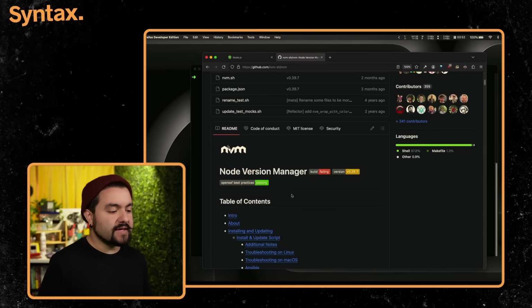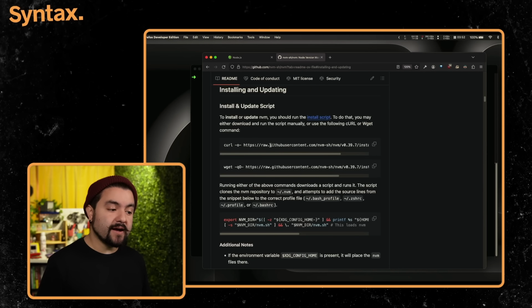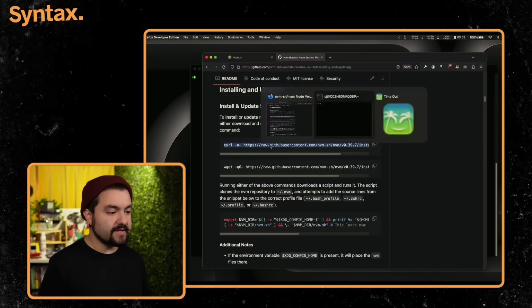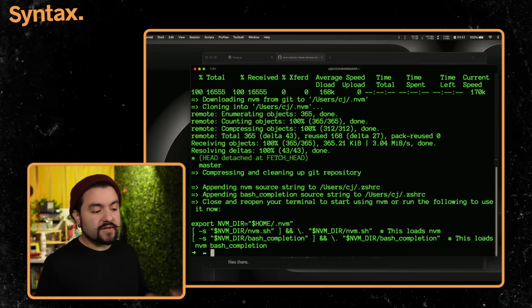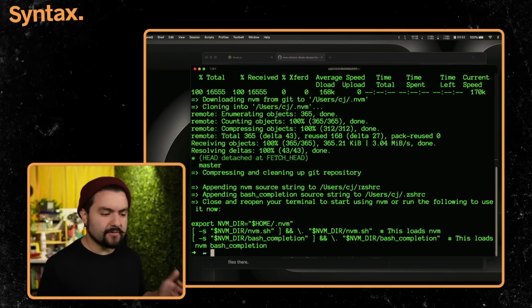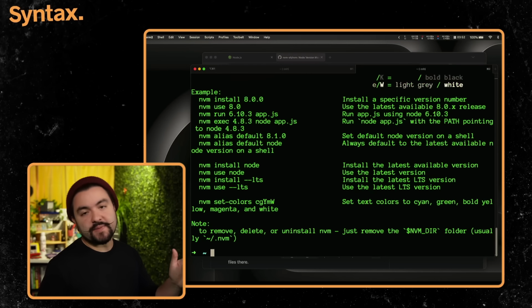If you go to the NVM GitHub repo, they have an install script that you can copy. So I'm just going to run this command here, and this will install NVM. Now, after the install, you'll notice that it automatically updates your .zshrc or your bash profile or whatever shell you're using to automatically use NVM for any new terminal session that you start up. So if I open up a new tab and type nvm, and we see some output,